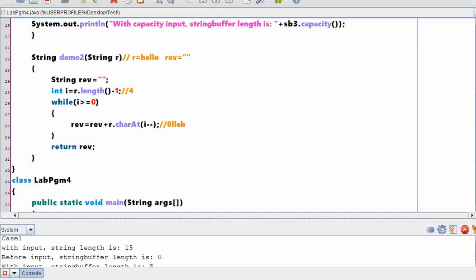Not required. When you go with this, if you have any instance variable called rev, then you can go with this.rev. I don't have any instance variable called rev. I have a local variable. This rev is a local variable with respect to this particular method. If I had an instance variable, then only I would use this.rev.